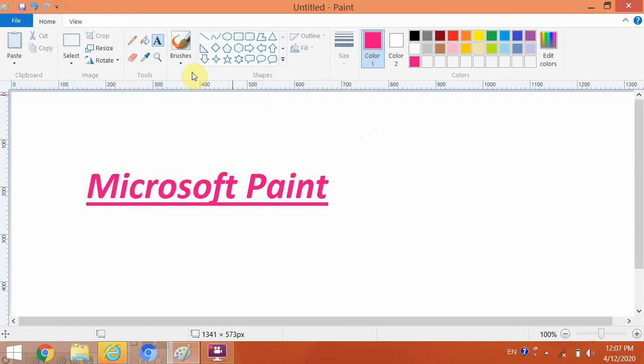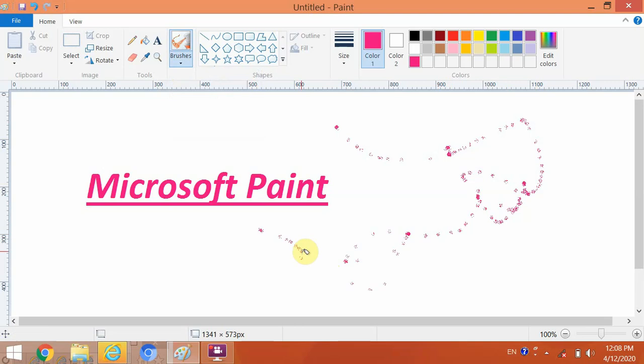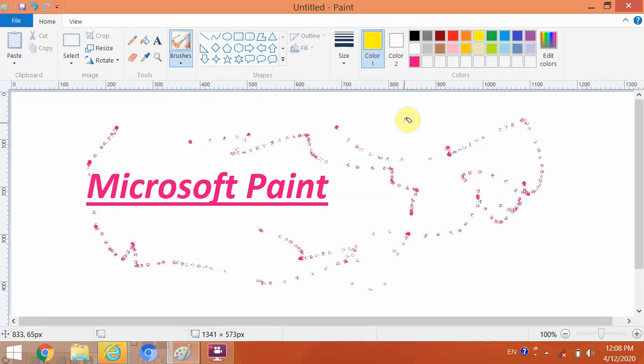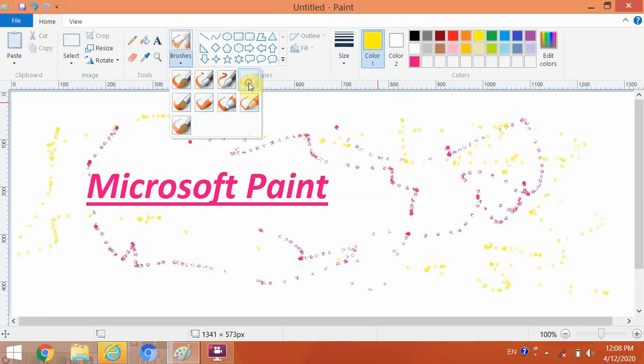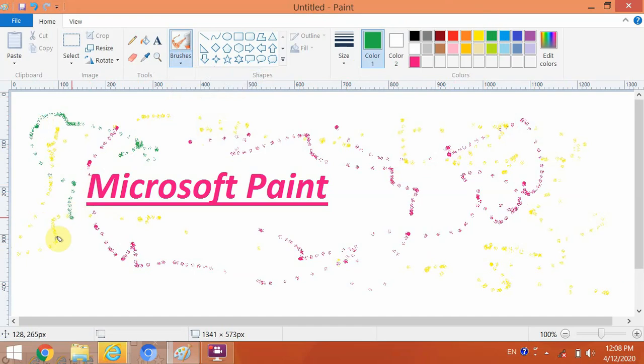Also you can use brush tools for painting and for drawing purposes. You can use the paintbrush for painting or drawing purposes.